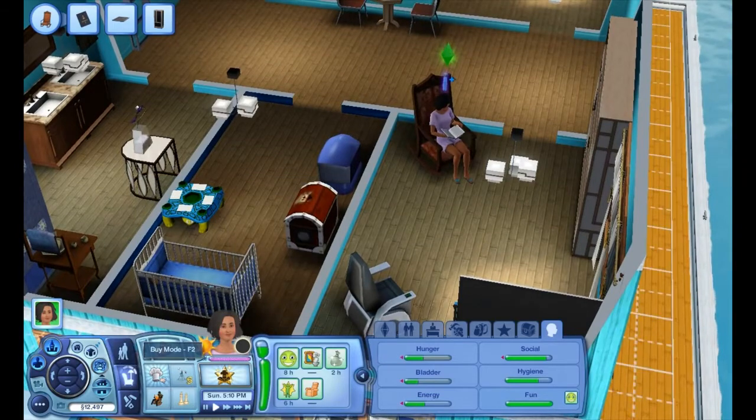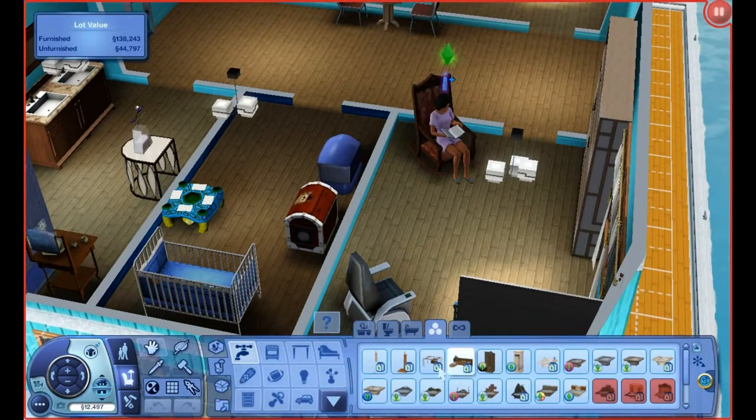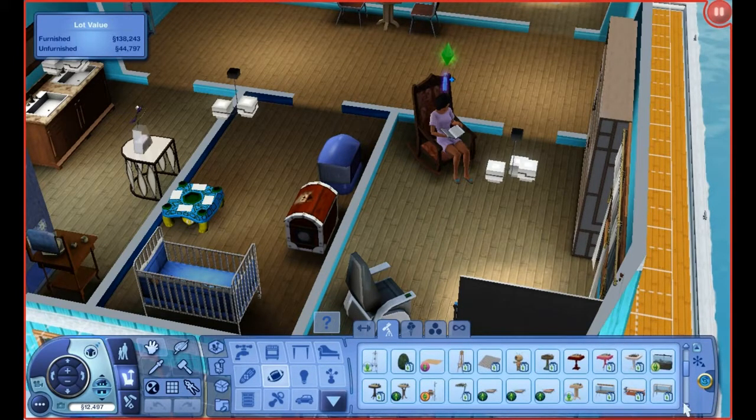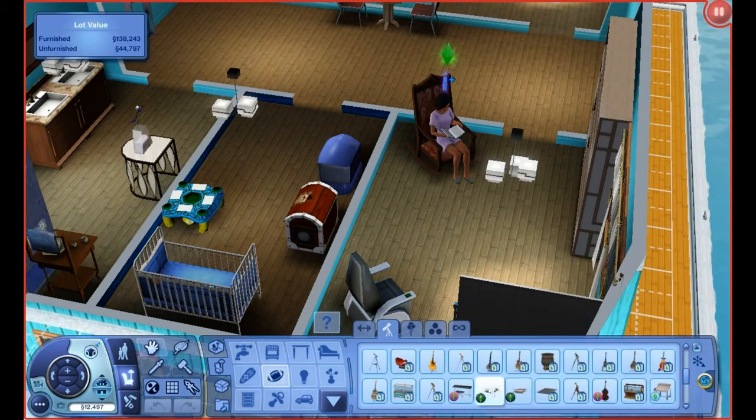Yes, we can do that. Let's go ahead and buy a telescope. We'll put it out on the deck. I know I'm kind of buying a lot of stuff here. Let's see. I'm trying to figure out what to do here. Okay, let's go ahead and get